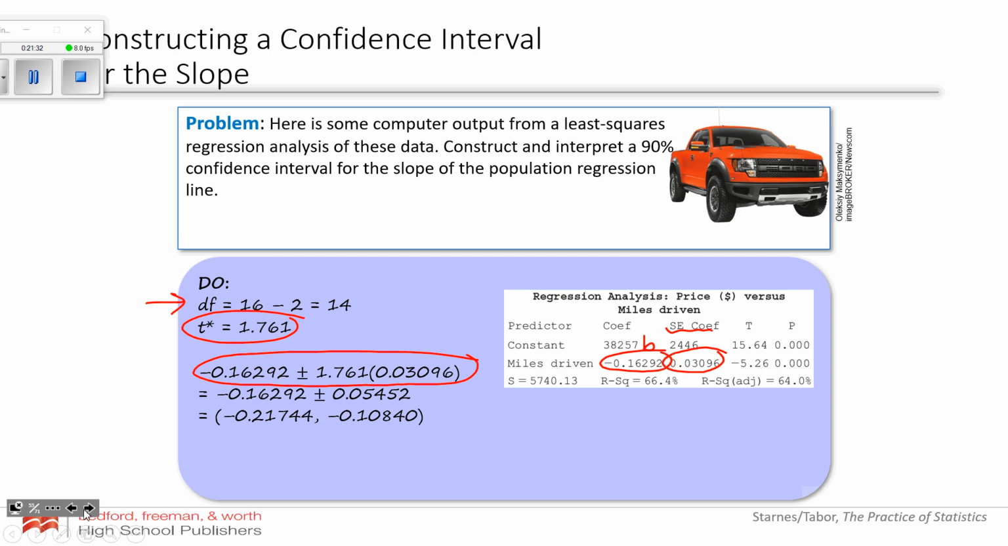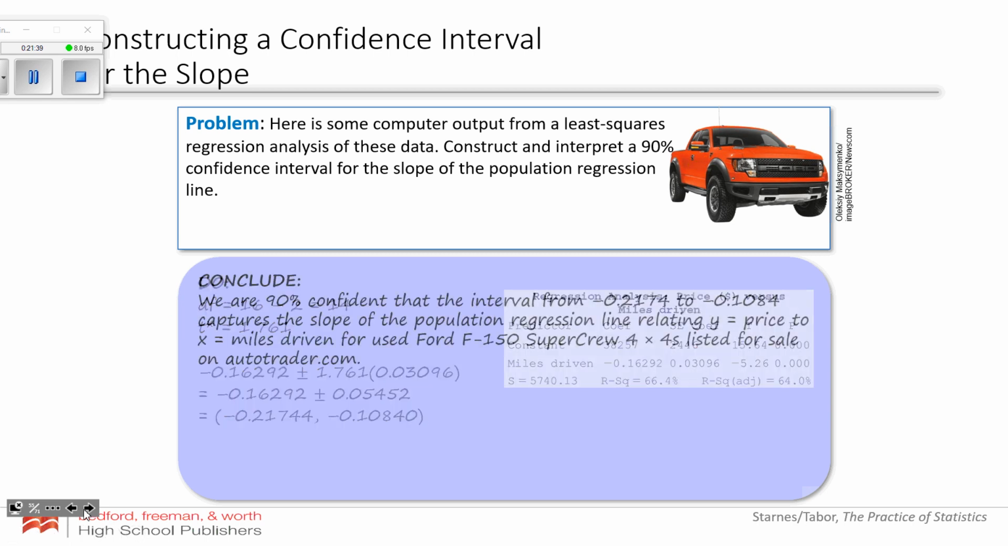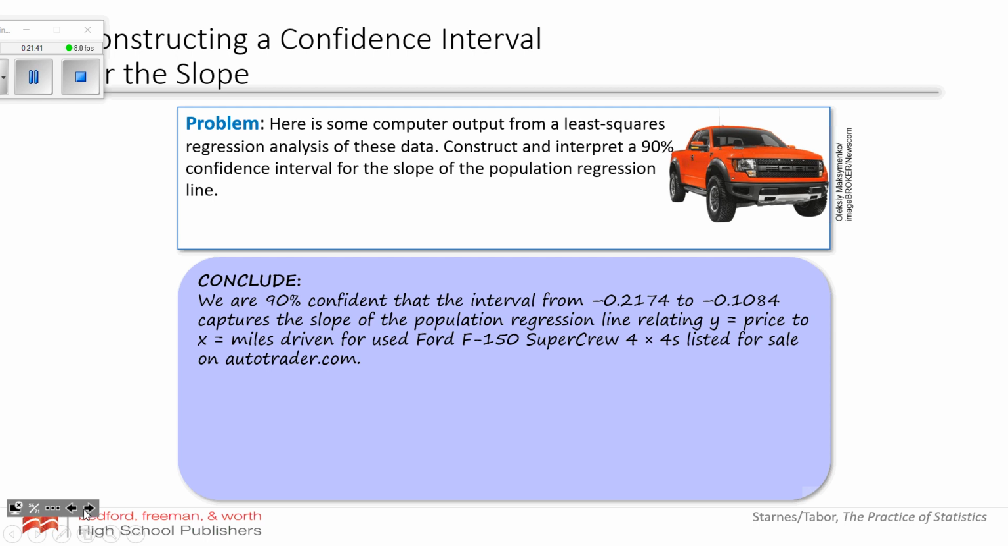So anytime I create a confidence interval, I have to then, what? Interpret it, right? So the interpretation: we're 90% confident that the interval from those two numbers captures the slope of the population regression line. Make sure you're talking about it being a slope and coming from the population, and it has to be in context. So the population regression line relating the price to the number of miles driven for these